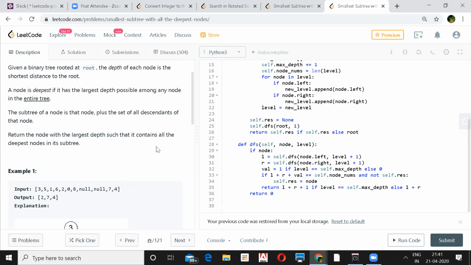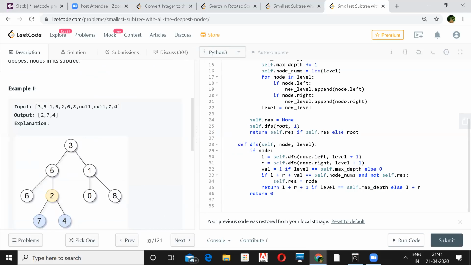LCA is specific: in a binary search tree or a normal tree, they'll ask you where the 2 nodes meet at some point, so you need to return that point. Oh, okay. So here we have multiple nodes and we need to find the common point of those multiple nodes.